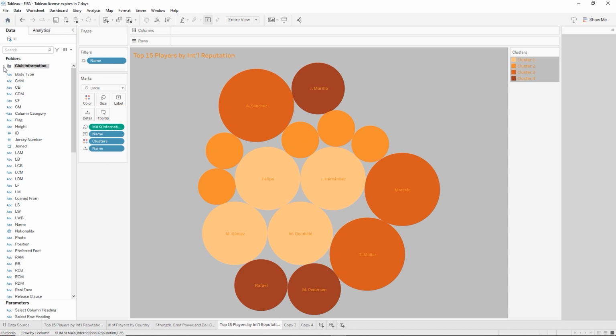So we have all these abbreviated fields, CAM, CB, CDM. I have no idea what they reference other than there's some kind of stats for this sport. So we want to grab all of them, and there's several. So I'm going to click on CAM, hold my shift key and click on CM. And then I'm going to hold my control key and I'm going to click on LAM, LB, LCB, LCM, LDM,